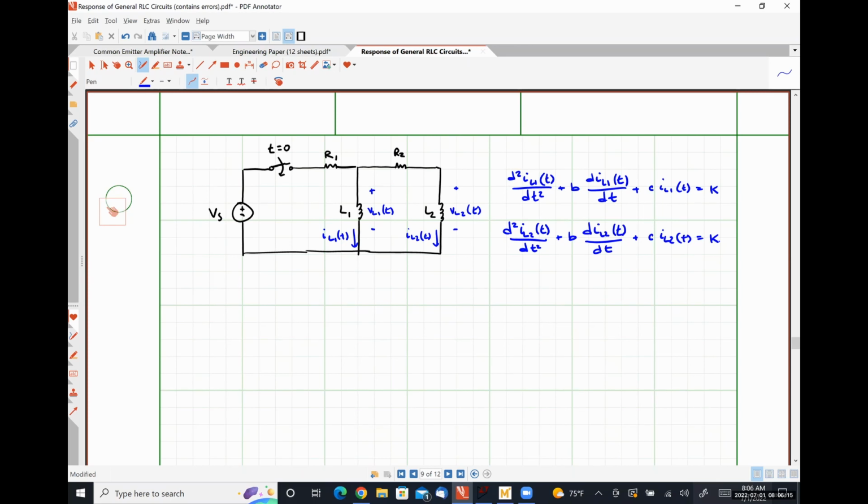If we can get a second order differential equation, either in terms of IL1 or in terms of IL2, then we can apply our relationships where we know that alpha is just going to be B over 2 and omega naught is just going to be the square root of C. And from this point on, we can treat it as if it were any plain Jane second order differential circuit. So